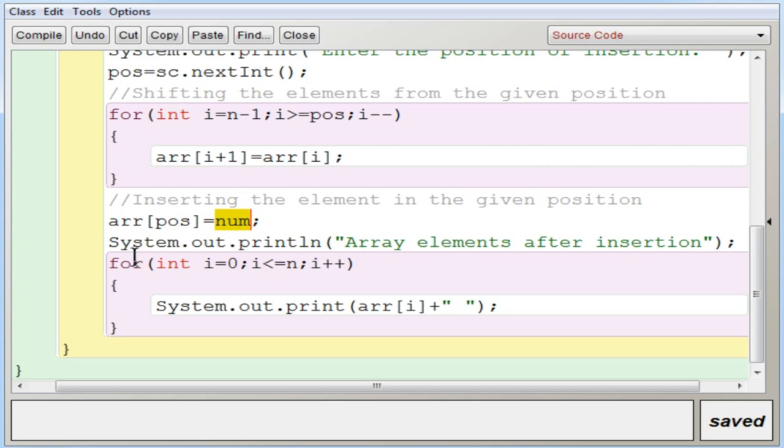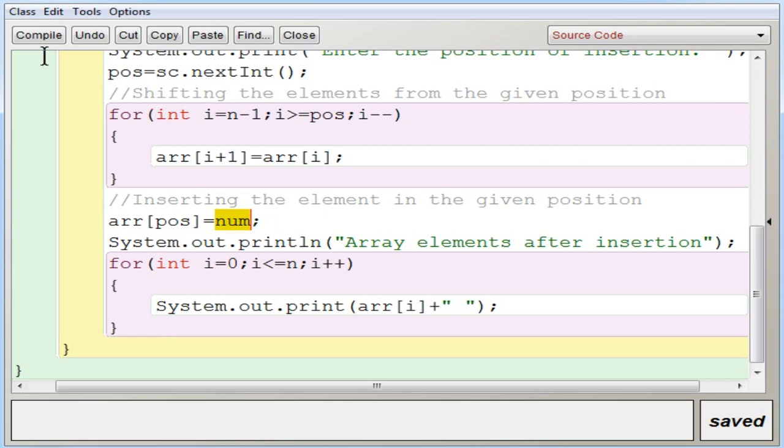So when you print the output, you have to put i equal to 0 in the loop, i less than or equal to n, because you added one more value. You have to put the equal to sign because now the array has 6 elements, that means from 0 to 5. So it should be i equal to 0 and i less than or equal to 5, then i plus plus, so that it will display all the 6 values here.